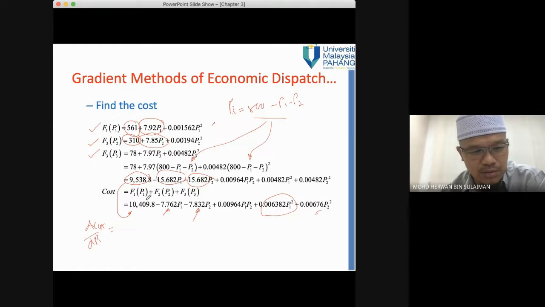So this one, okay, this one is cancelled. Okay, this one you do the derivation d cost over dp, you get minus 7.762. This one no need, no relation, 0. This one plus